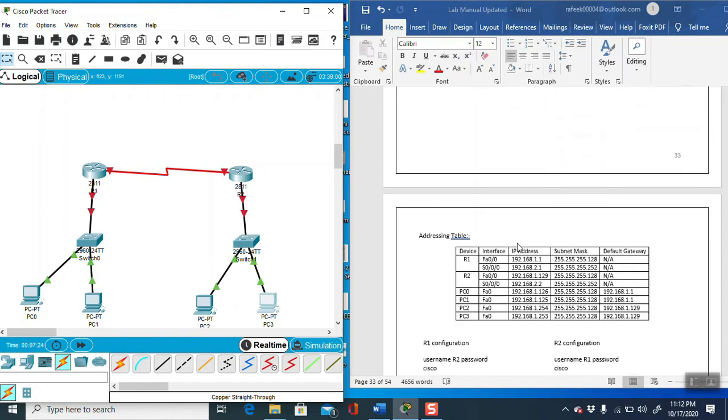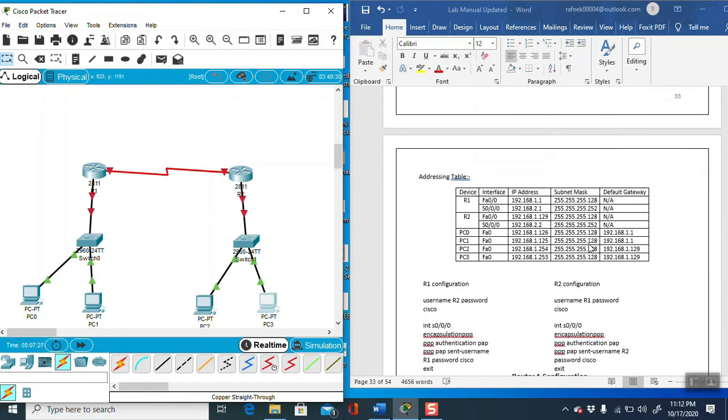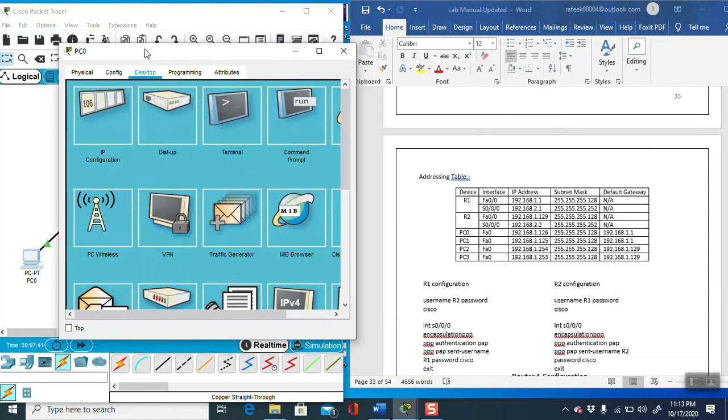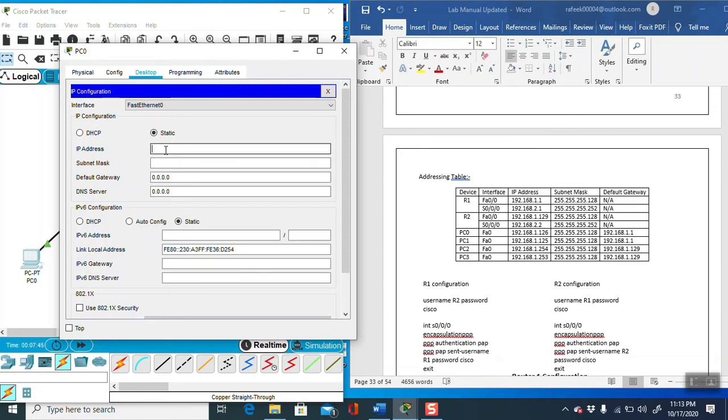So this is the addressing table. First, following this addressing table, give the IP addresses of the PCs. PC0: go to Desktop, IP Configuration. The IP address is 192.168.1.126, the subnet mask is 255.255.255.128, and the default gateway is 192.168.1.1.